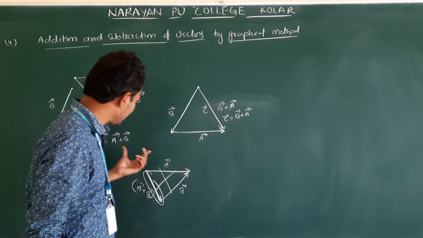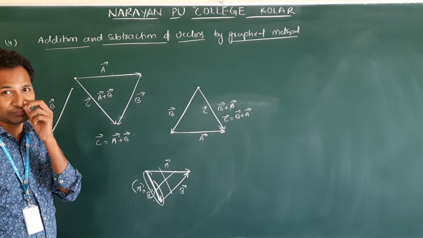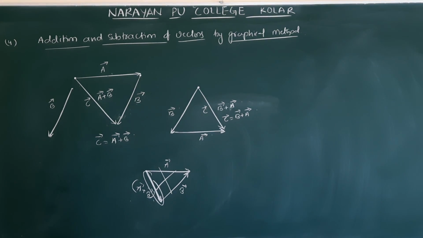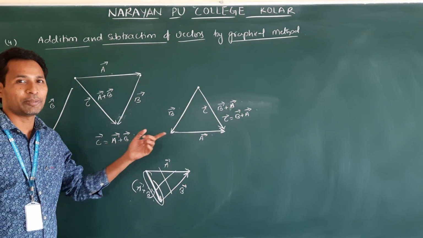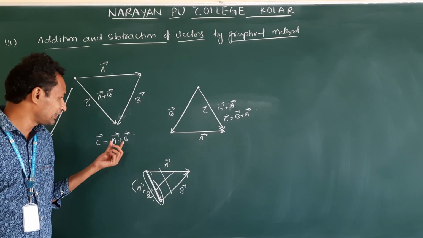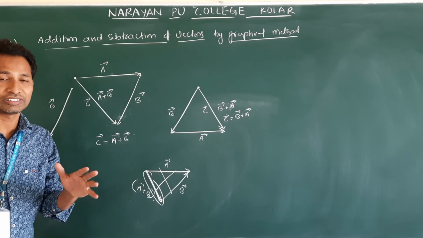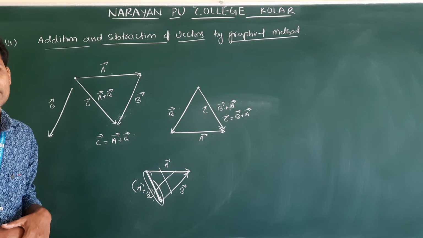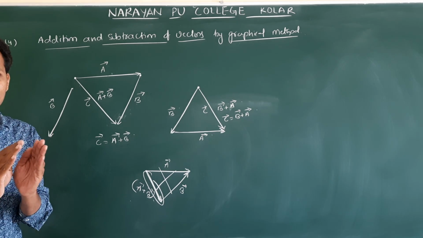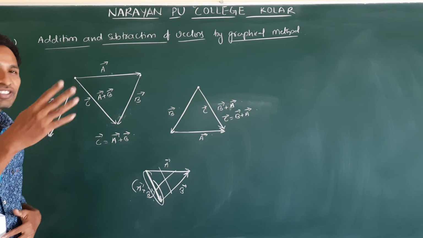So this property we call it as what? Commutative law. Vector addition obeys commutative law. Already you studied in mathematics, A plus B is equal to B plus A. See, don't think this common addition and vector addition is same. That's different. You will come to know in coming classes. Till then, just keep this point in your mind. Vector addition and normal addition are not same. Clear? That you will see.